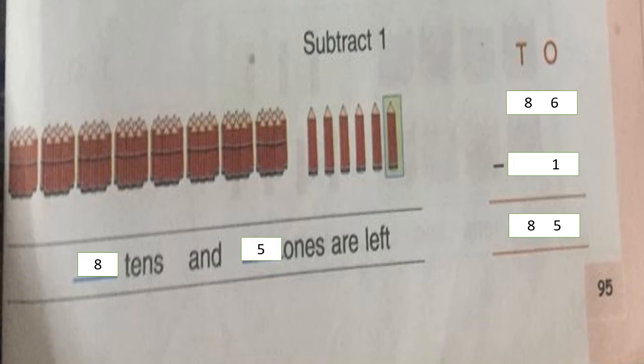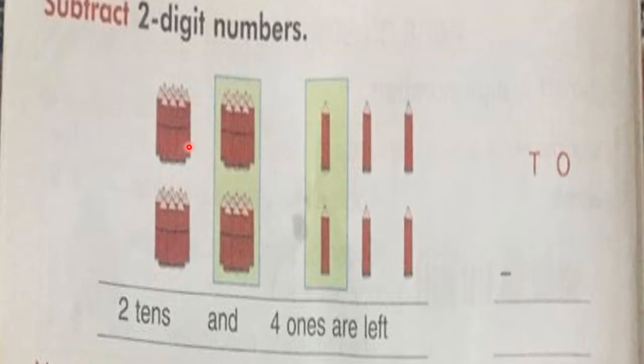Okay. Next. See here. Now, 2-digit numbers. Now, count the whole thing, right? 1, 2, 3, 4, 40 and 6. 46. Count the complete set. How many tens? 1, 2, 3, 4. Or count like this: 10, 20, 30, 40. And how many ones? 6. Now out of that we have to select the first 2 tens and 2 ones. 2 tens, 2 ones, 22. So the answer is 24.